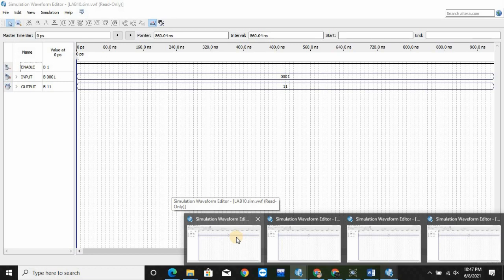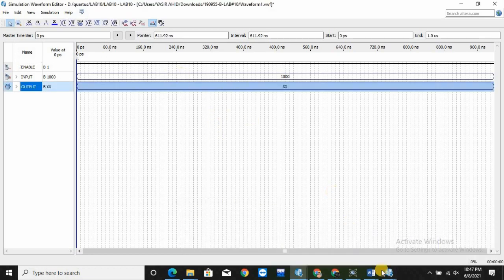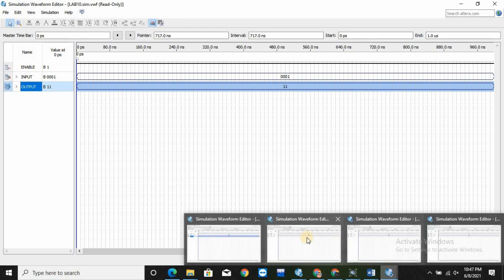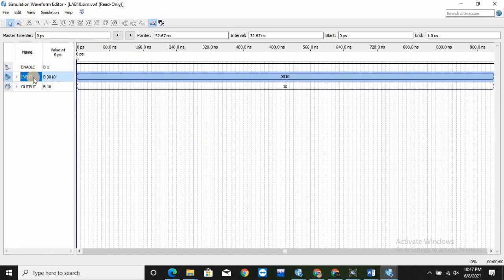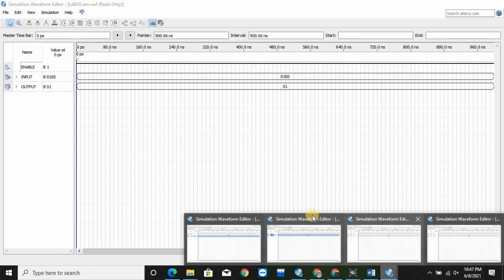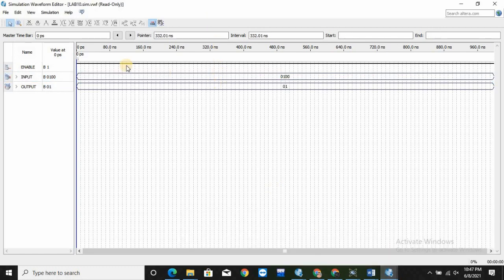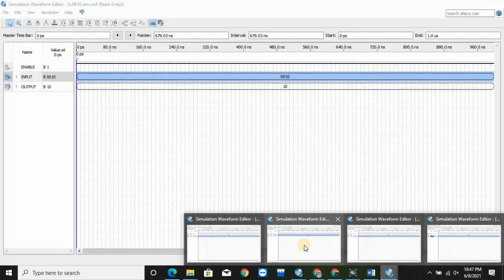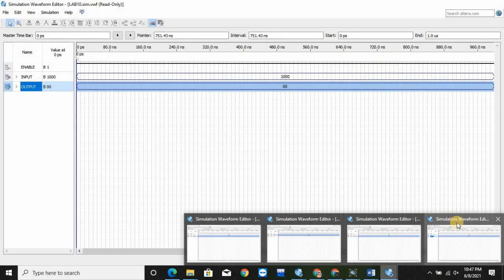You can see here I have chosen the 4th bit, so we are getting 1 1 at output. For 0 0 1 0 we are getting 1 0. For our 3rd bit we are getting 0 1, and for our 2nd bit 0 1, and we have got 0 0 for our 1st bit. So you can see right here, depending on the bit we change, our output changes between 1 1, 1 0, 0 1 or 0 0.